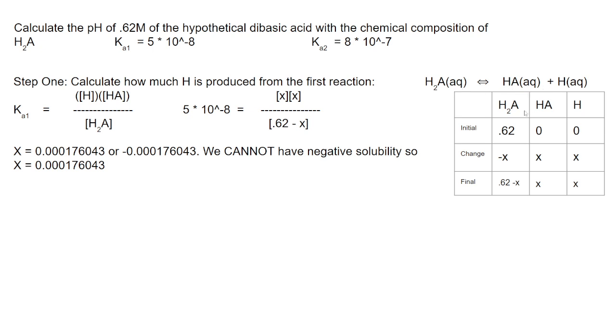HA plus H. Now we know the initial is 0.62, 0, 0. We know H2A will decrease by -x, HA will increase by x, and H also by x. We know the final values will be 0.62 minus x, HA will be x, and H will be x for the final value. Now, using Ka1 is equal to the equation, we are able to figure out that x can